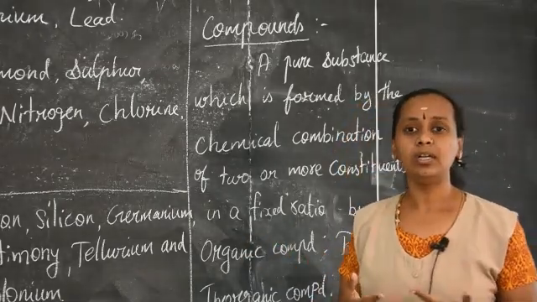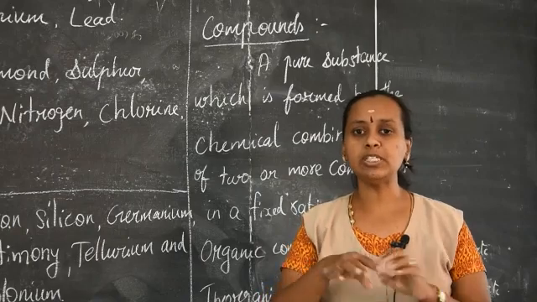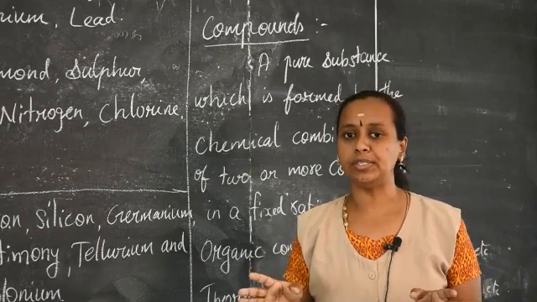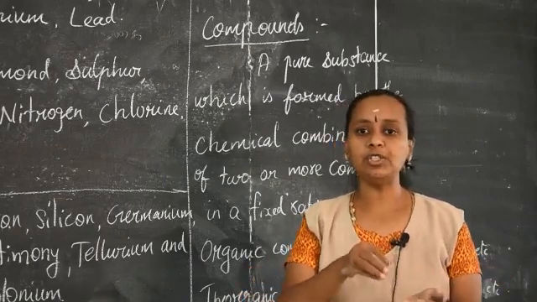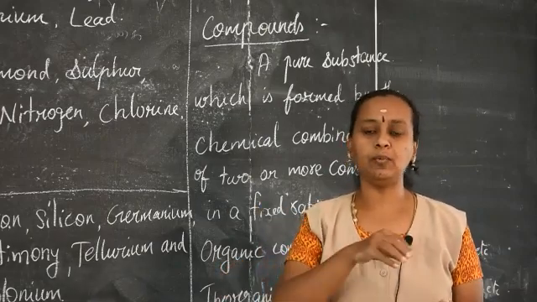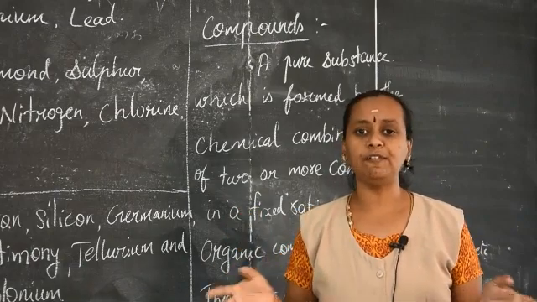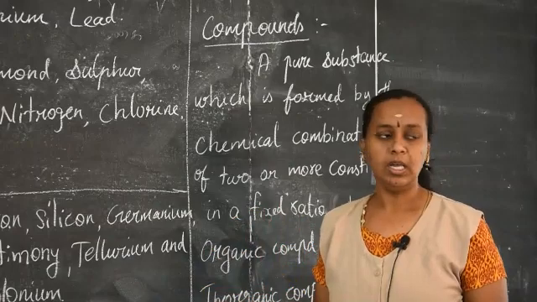Whereas a mixture, we are eating a mixture. You can see so many things will be mixed together. There are no proper constituents. You can't count that only this much of this thing should be added, only 10 cashew nuts should be there, only 10 pepper should be there, not like that. It is just mixed in such a way. That's the difference between compounds and mixtures.